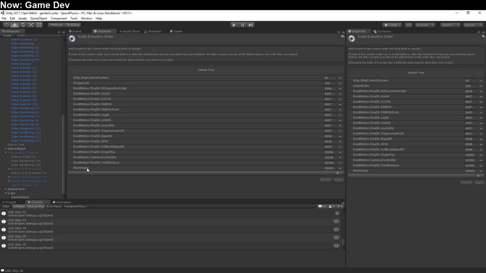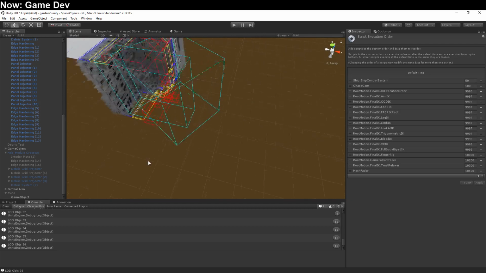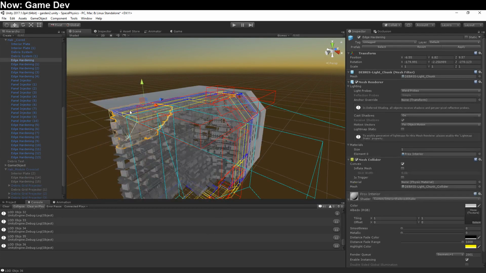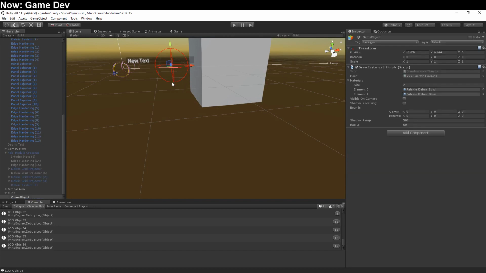Nope, none of these matter. Not sure what mesh fader actually does. I think that actually just repaints the mesh verts. It's been a while since I've had to use that. But these render fine, and the ones we're using over here render weird. That's annoying. Well, let's go ahead and take it down to just 1 and see whether or not it is